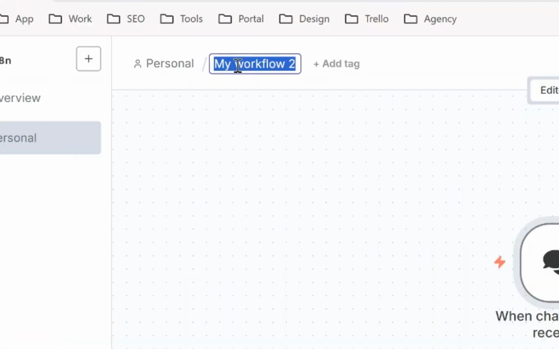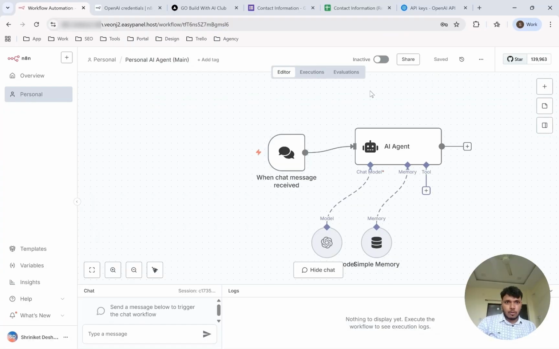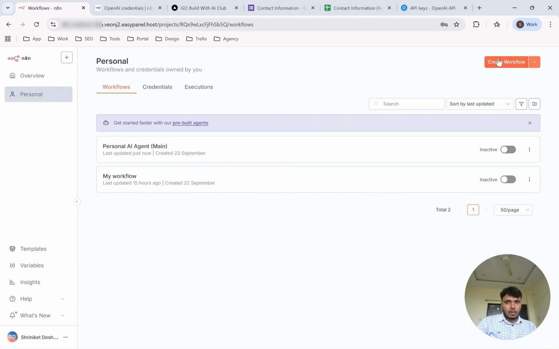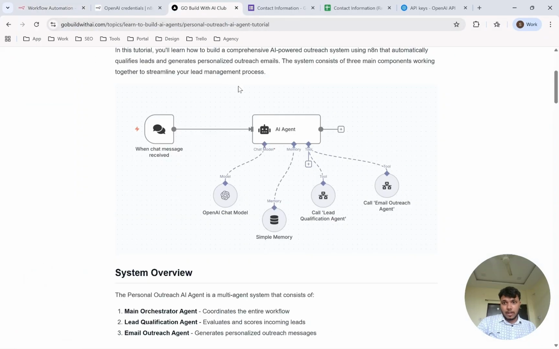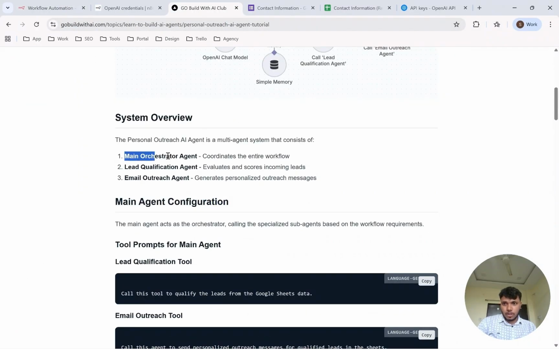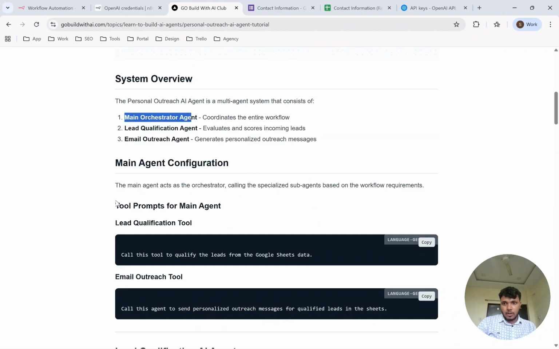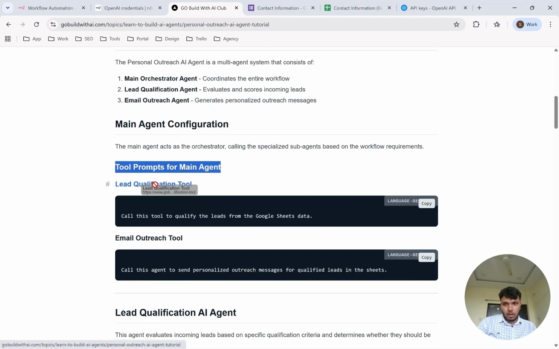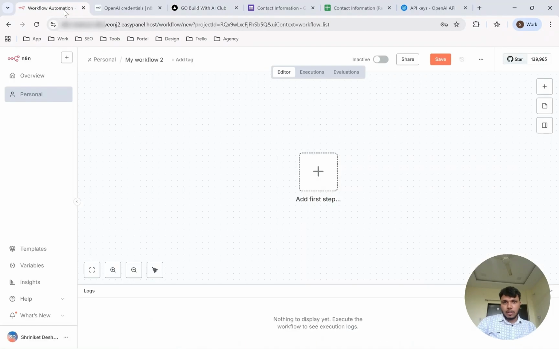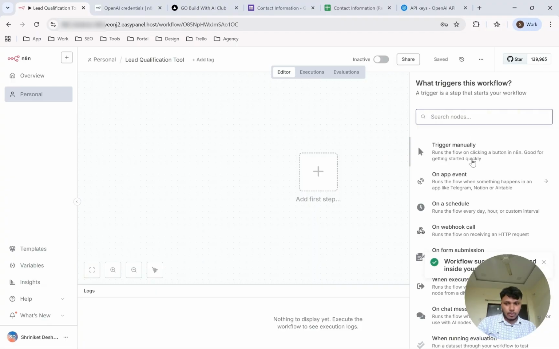Okay, I'll rename this to personal AI agent. Let's call this main. Okay, and this is the main workflow. Now we'll create another workflow, which is this workflow. So this is done. Okay, so we'll be creating tool prompts for the main agent, which is the lead qualification. So what you do is just copy paste this name, you create a new agent. So this is the new workflow that I have, and we'll try to execute it